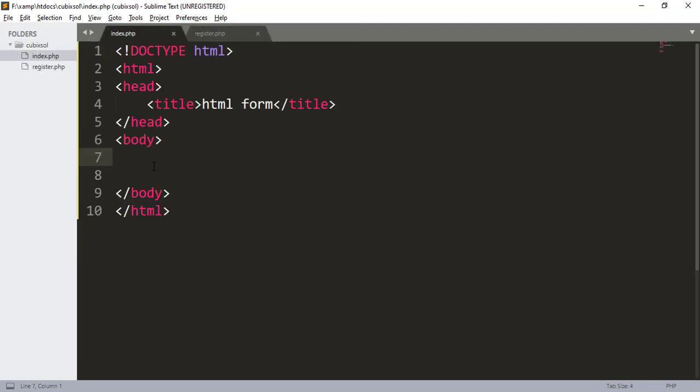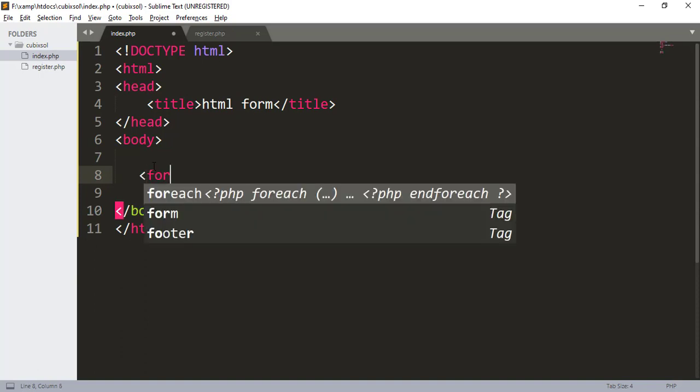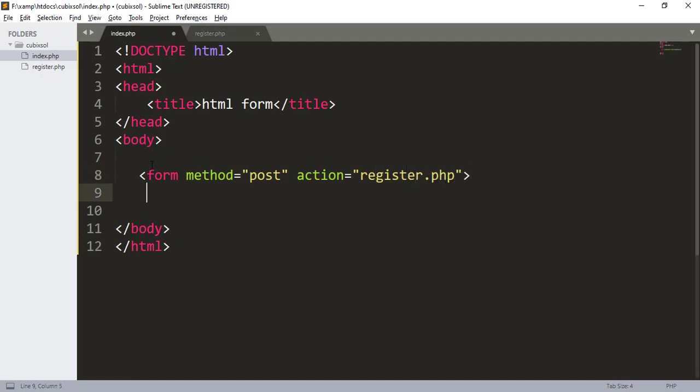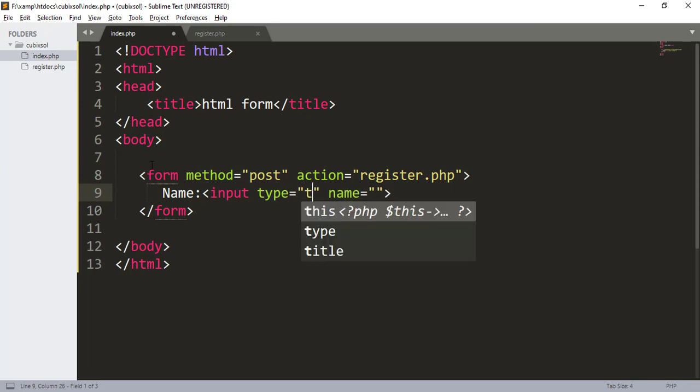Go to index.php, and here I will create a form with the form tag, and I will give the method post, and the action, meaning where the data of your form will go. I will give register.php as my action, and here is the form closing tag. In between I will create two fields. One is name, an input. I hope that you understand HTML, with type equal to text,